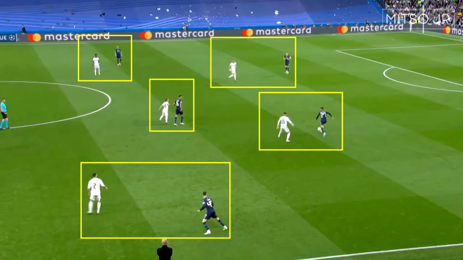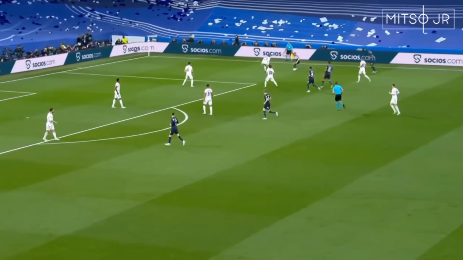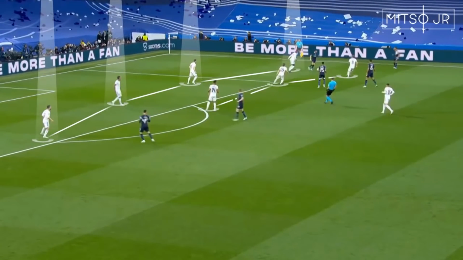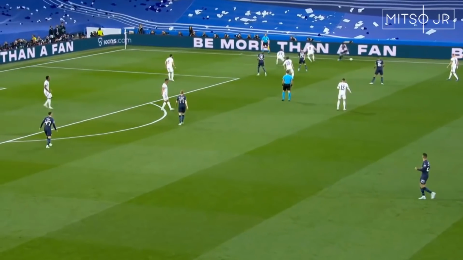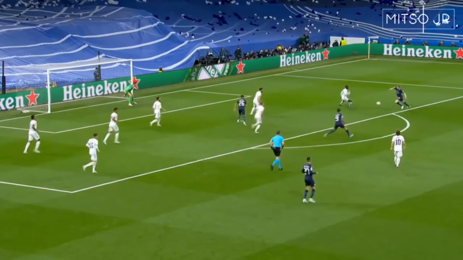Carlo Ancelotti wanted to disturb the opposition as much as possible while building up. However, when Man City were able to counter this high pressure, we saw a very low block from Real Madrid. Carlo Ancelotti concentrated on keeping the defensive and midfield lines very compact in response to what we discussed in the